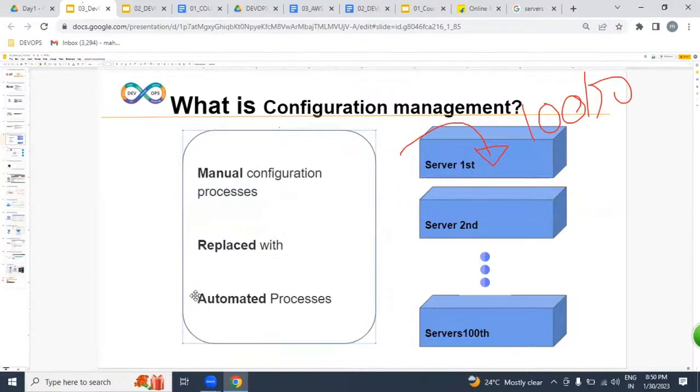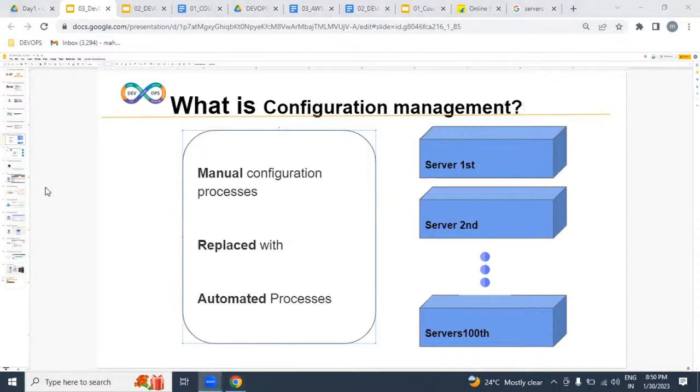Means at a time, on hundreds of servers, we can create a file. On hundreds of servers, we can install software. On hundreds of servers, we can deploy, means placing our websites automatically, which is easy for you. Manually or automated, but this is an automated process.